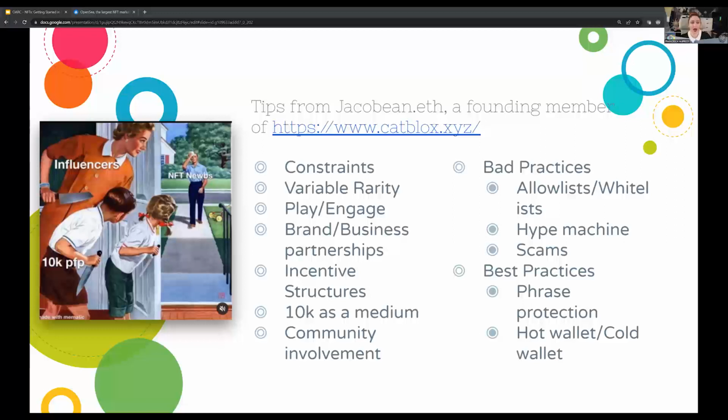A hot wallet is connected to the internet, things like Coinbase, that's an example of a hot wallet. A cold wallet is offline. So understanding the key differences between a hot versus cold wallet helps you decide how to keep your crypto assets safe, as well as make sure they're accessible when you need them to be. So it's a sort of choice on how you want to do this.